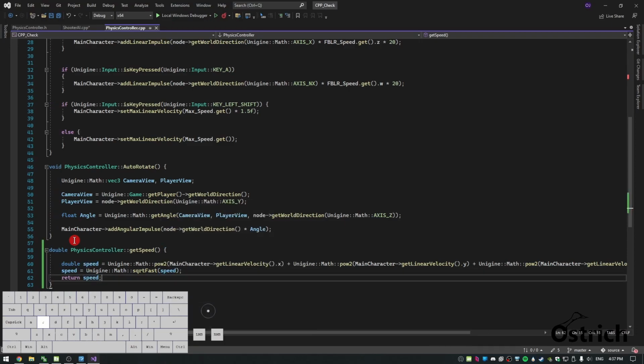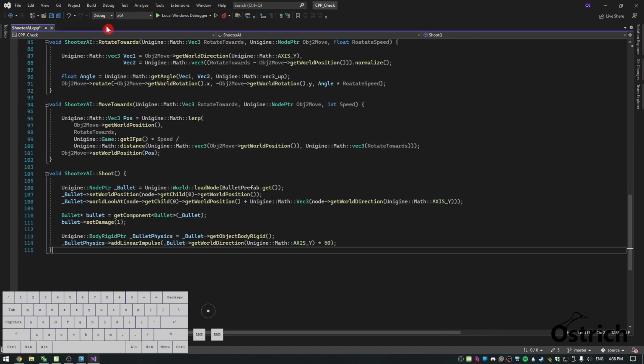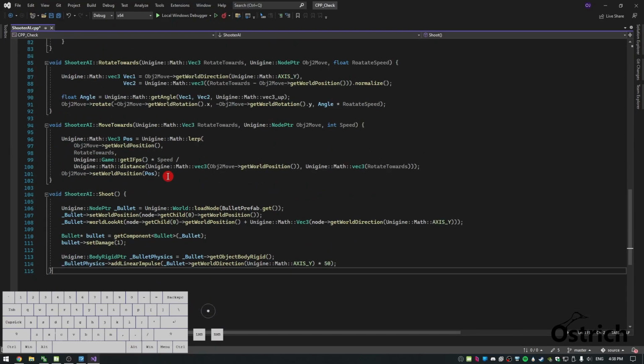So now we've got the thing that gives us our rate of change of distance, which is velocity, and now we have the speed. If you remember your physics, we had the whole v equals d over t. So we're going to be using that in our shoot